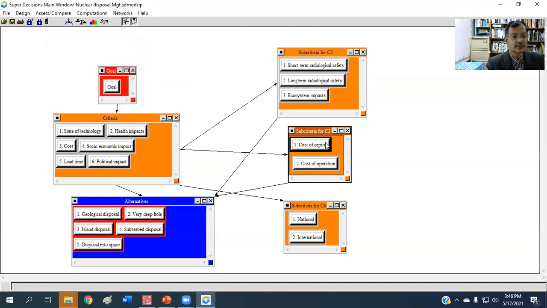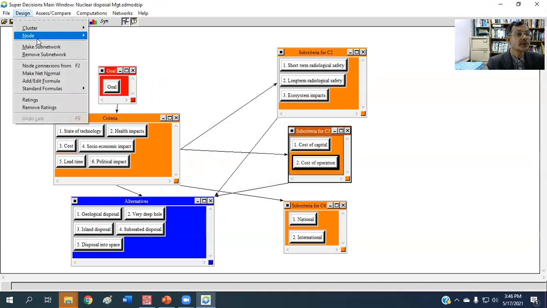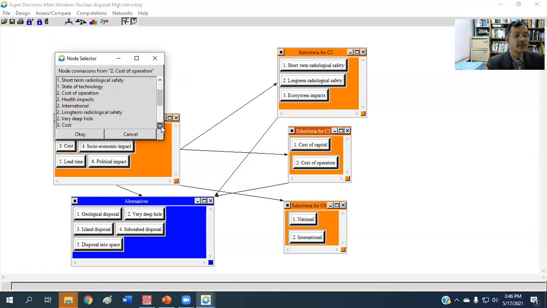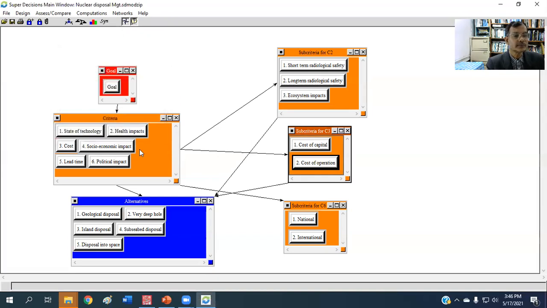Correct. Cost of operation: geological disposal, very deep hole, island disposal, subseabed disposal, disposal into space. Now,